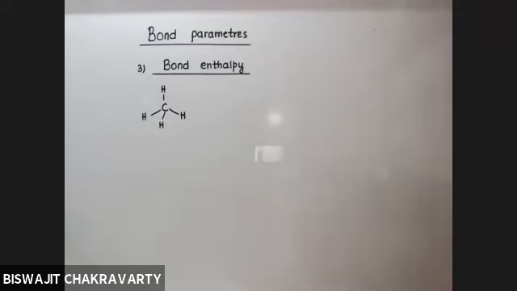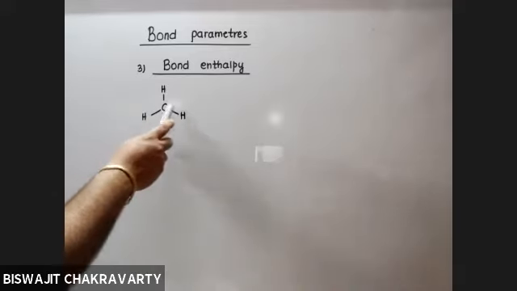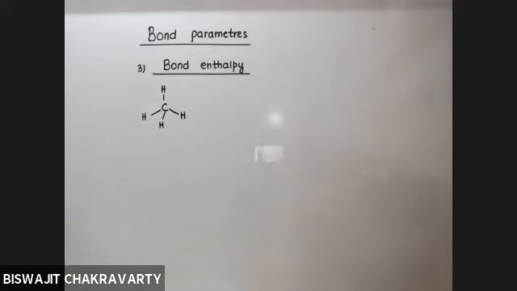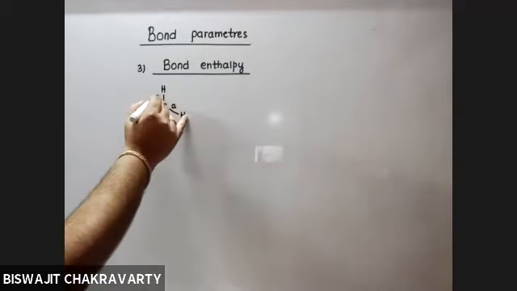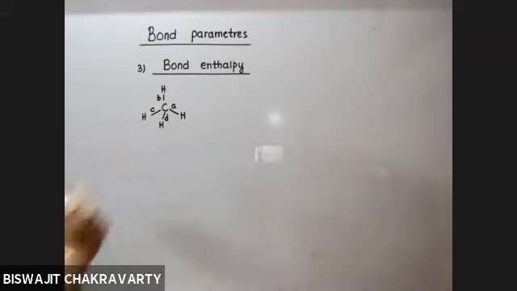But when you are breaking the first bond, the other 3 bonds are there. So obviously they will have some impact on the breaking process, and therefore the energy required will be different. Let us say that the bond dissociation enthalpy is A for this one, B for this one, C for this one, and D for this one. Because one after another, you are breaking the bonds. You are not breaking all the bonds at a time. And accordingly, every bond will have a different bond dissociation enthalpy.